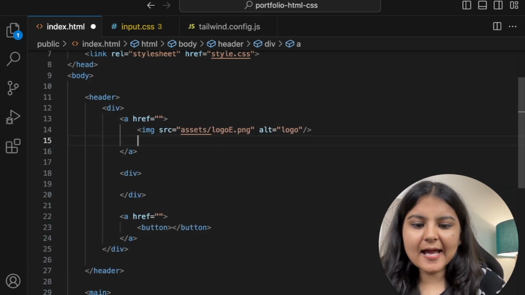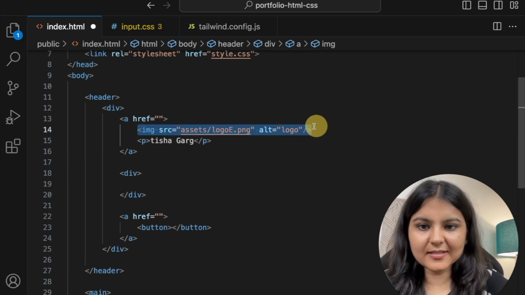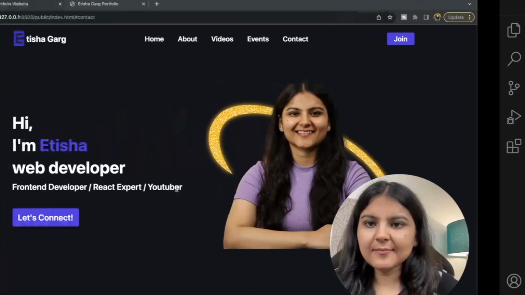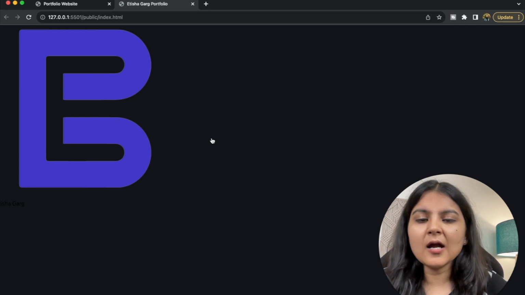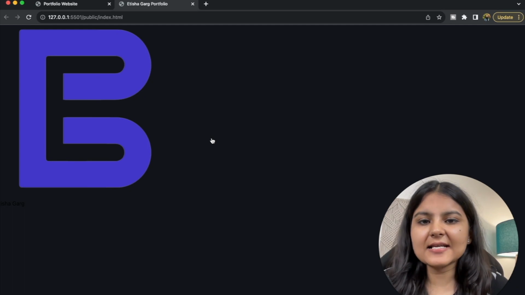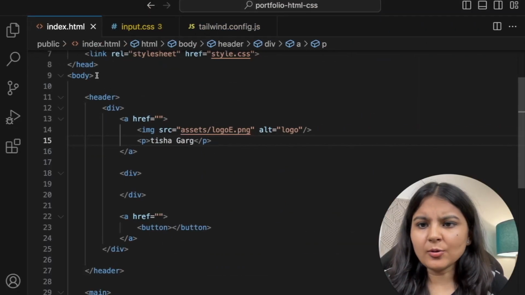Then secondly, I have a text which I can give in the p tag, and it is going to be my name with e missing because it is going to be taken from this image that I've created. Okay, let's save this and see. Okay, you can see we are not able to see the text that we have written, and this logo is very big. Why we are not able to see the text is because we haven't given the text color as of now,